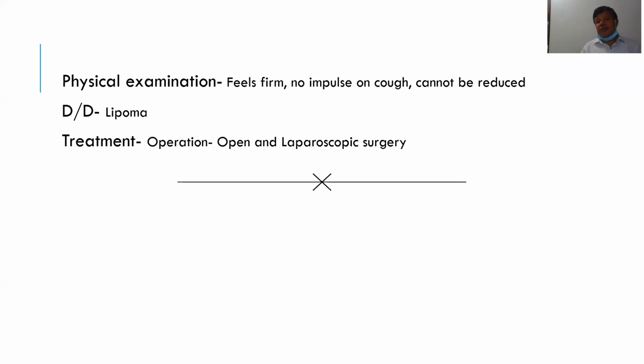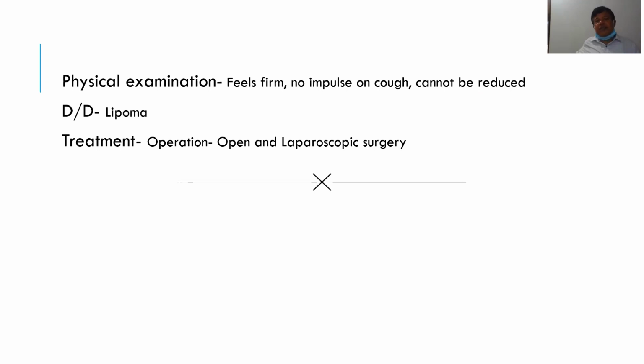Many times there is no conservative role, but a patient with a history of such swelling, which may be an epigastric hernia, may sometimes find it disappears automatically. That is because in the initial stage the typical hernial sac is not present, only extraperitoneal fat protrudes, so that may be impacted and disappear.